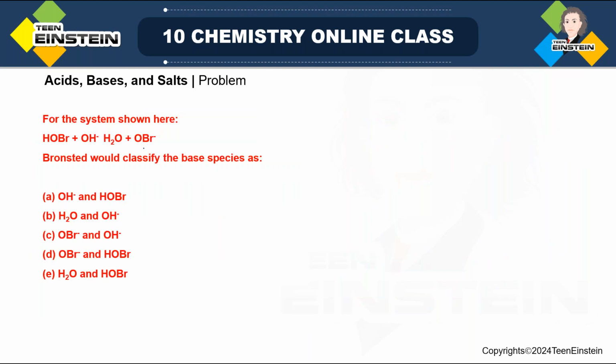Now we will solve a problem. There will be an equilibrium sign. So here a system is given. For the system shown here, HOBr plus OH minus, on the right hand side water and OBr minus. So if I am writing this once more,